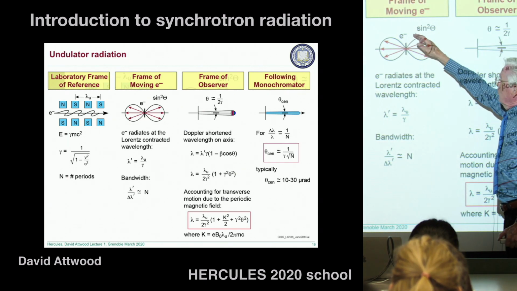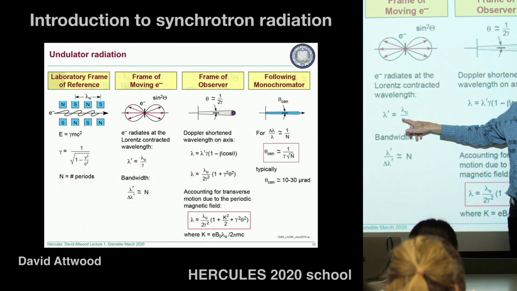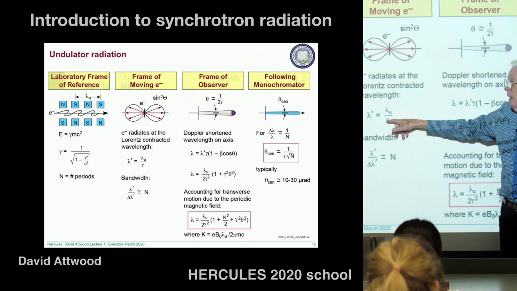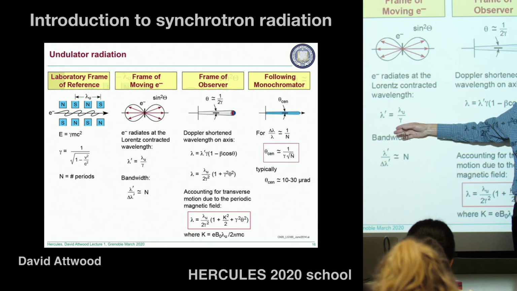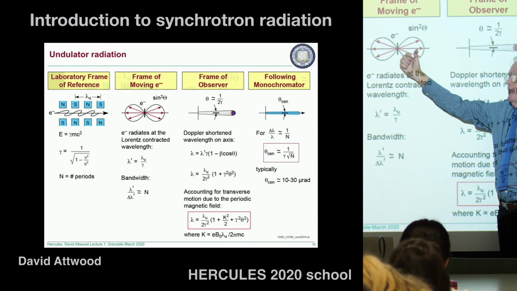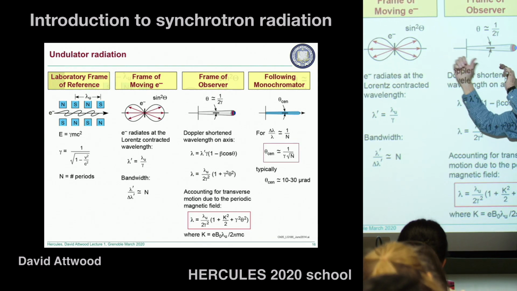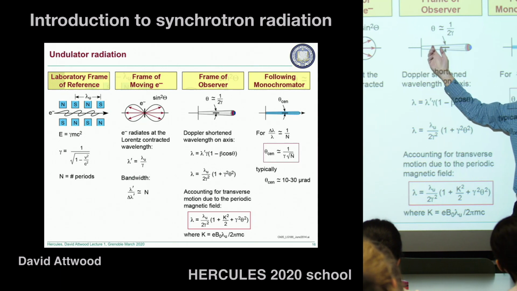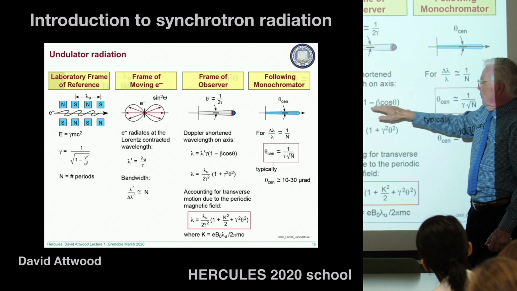So in the frame moving with the electron, it is oscillating with this shorter wavelength. It's radiating with this shorter wavelength. So you've already had a reduction here of 12,000. But that's in the frame moving with the electron. But your sample is in the lab frame, and so there's a Doppler shift coming towards it. Okay? And the Doppler shift, if you go through the formula,